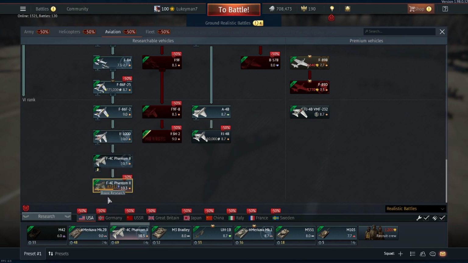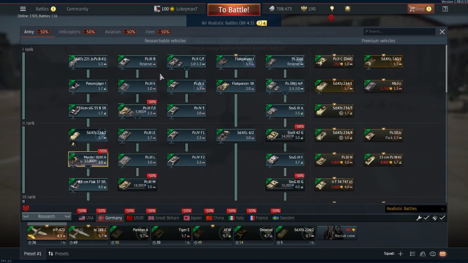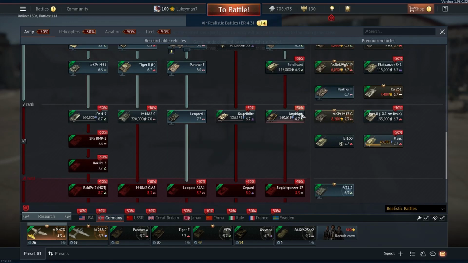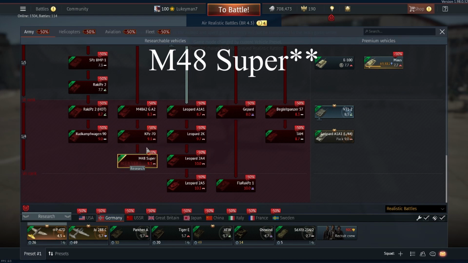So, if you want to see a sign that JDAMs are coming, there's your inclination. Alrighty, let's move on to Germany. Okay, the German tech tree. I don't know how many vehicles we've got for Germany. I think we've only got one tank, as far as I know. We've got the AMX 48 Super,